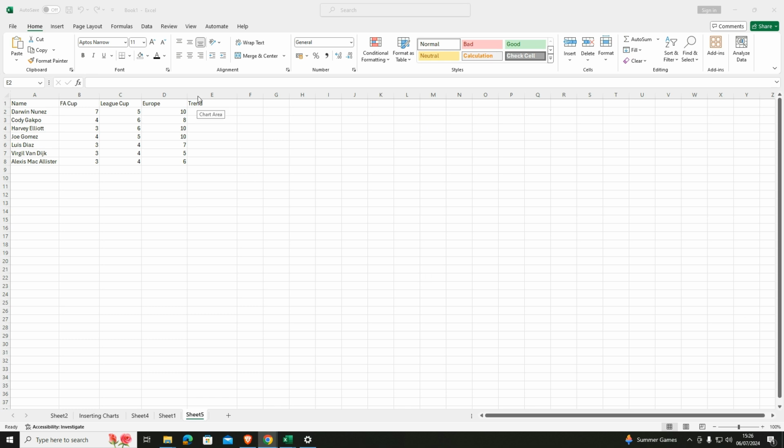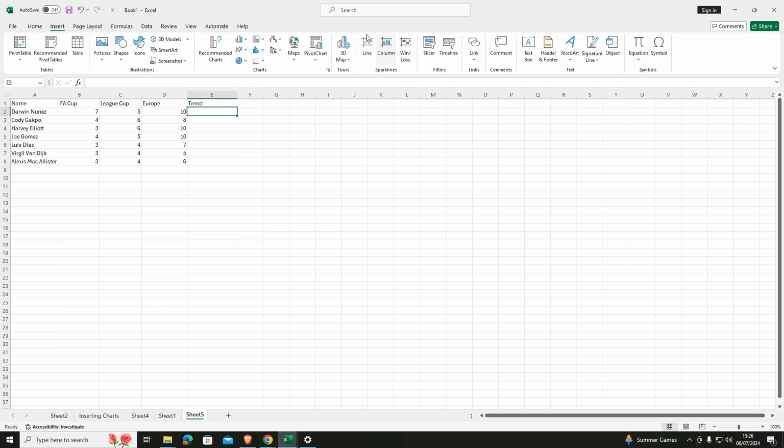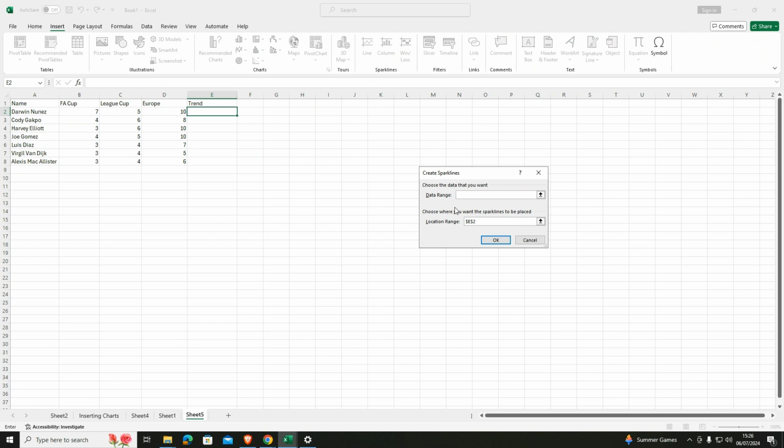To add a trend, let's say Trend, and click on Insert. Under the Insert tab we have Sparklines. We can have Line, Column, Win/Loss. Click on any one of these, choose the data range from this to this, and where we want this to be placed. You can see the trend range E2, location is E